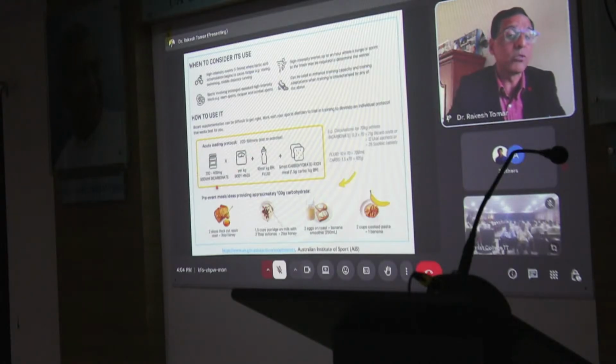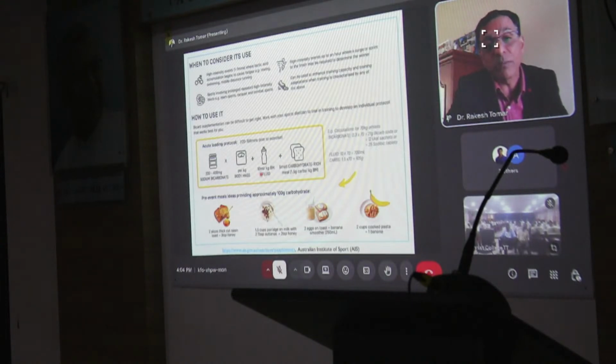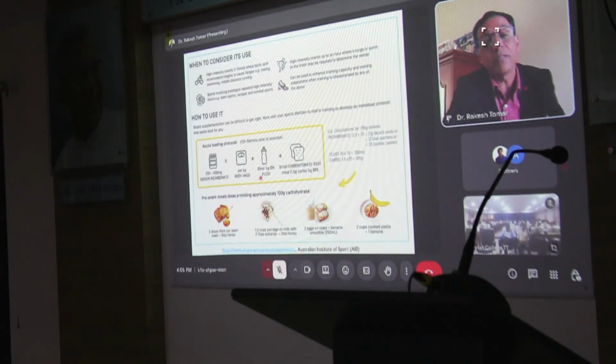So you can take 200 to 400 milligram of sodium bicarbonate per kg of your body mass, and it has to be combined with, this is important, 10 milliliter of water per kg of your body mass, plus a small carbohydrate rich meal, around 1.5 grams of carbohydrate per kg of your body mass. So if you calculate all of this roughly for a 70 kg athlete, it comes to 21 grams of baking soda, 700 ml of water, and 100 grams of